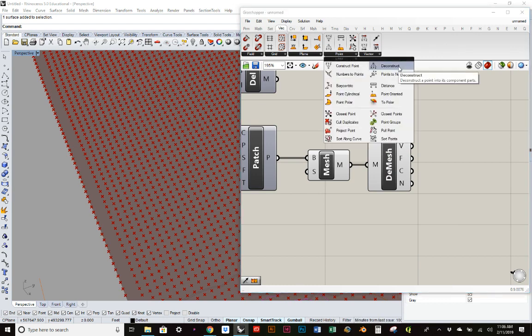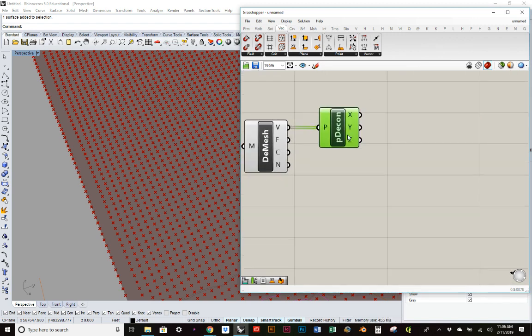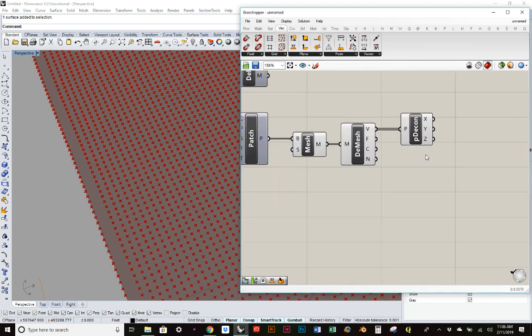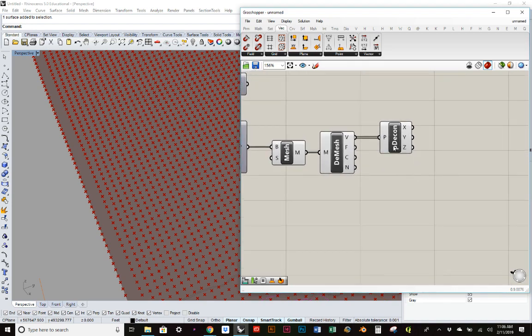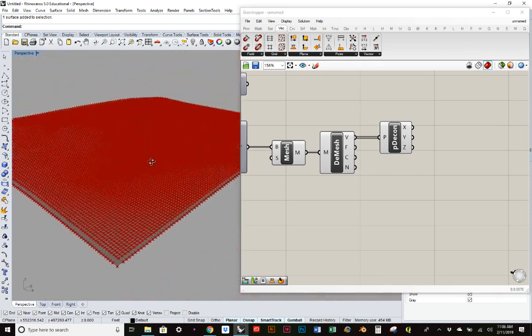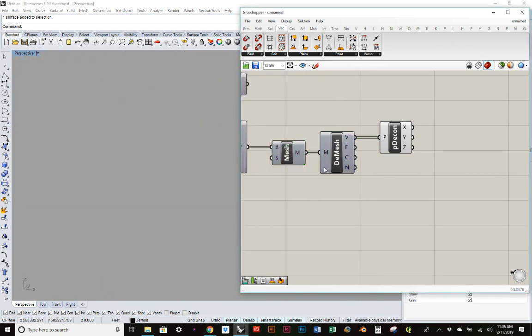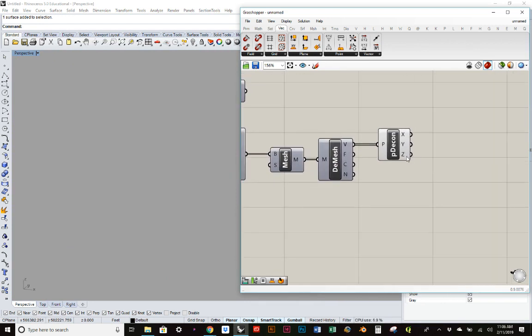Choose the point, deconstruct. And the reason I want to deconstruct these is because now I can get their Z value or their elevation. And this is what I use to create the height field. So I'm going to figure out a color range for my mesh. So I've got the Z's, so this is where we go to our